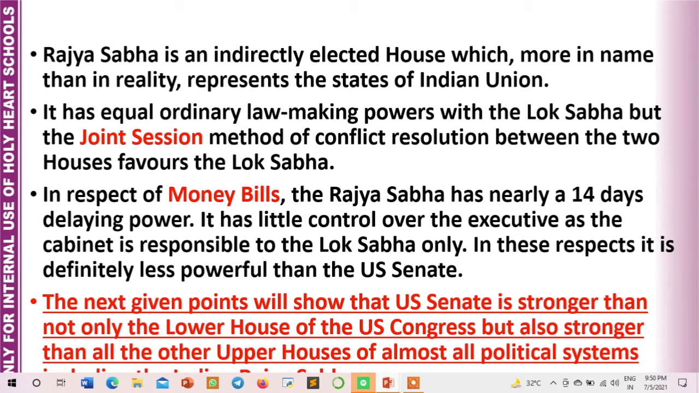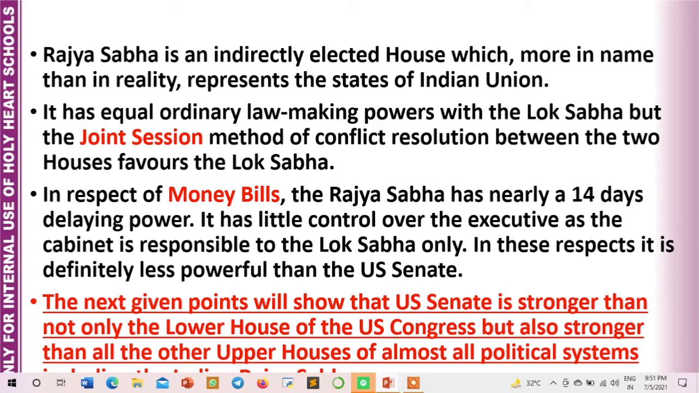The Indian Rajya Sabha cannot introduce the money bill, and it can keep it only for just 14 days. It can't keep it for more than 14 days. And the executive, that is the Council of Ministers, is responsible only to Lok Sabha. During the question hour and zero hour, the questions can be asked, but only by the members of Lok Sabha to the ministers sitting in the Lok Sabha. So this makes the Lok Sabha more powerful than the Rajya Sabha. The next given points will show that